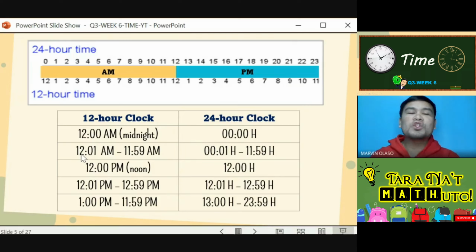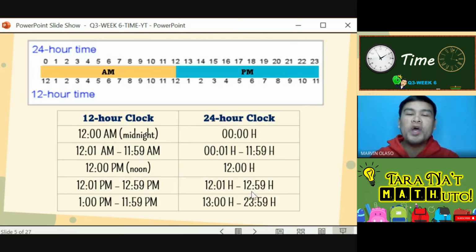Okay? Then, 12:01 AM up to 11:59 AM, it is equivalent to 0001 hours up to 1159 hours. Ayan ang pagkakaiba nila, no? Yung 12 PM naman, or ito yung tinatawag nating 12 noon, ang katumbas niyan sa 24-hour clock system is 1200 hours. Letter H, no? Then starting from 12:01 PM up to 12:59 PM, ang katumbas naman yan ay 1201 hours